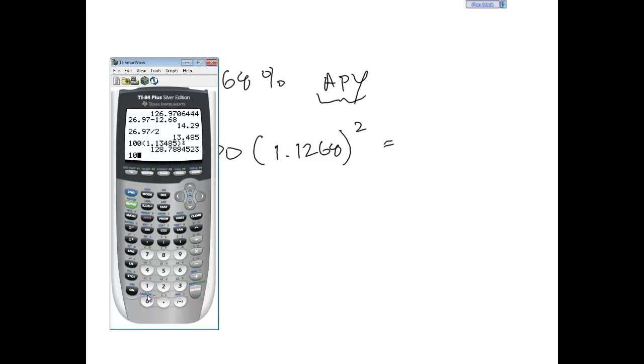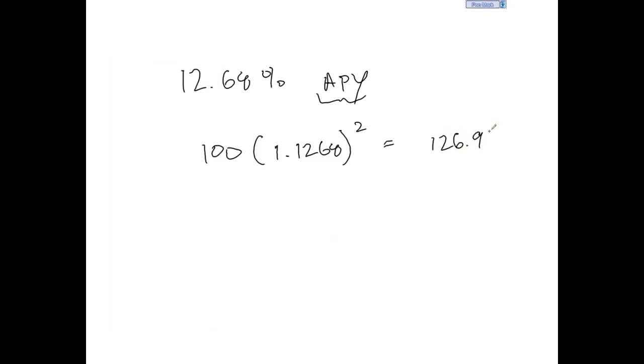Let's check that. 100 times 1.1268 to the second power. So I'm taking my annual growth rate, my growth factor, and squaring that, and look at that, $126.97. So this is the true